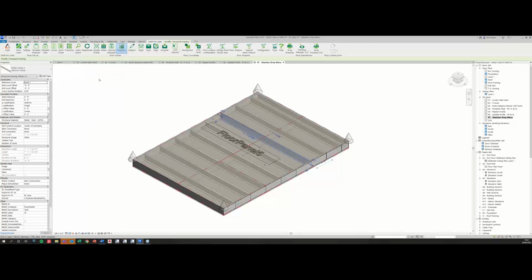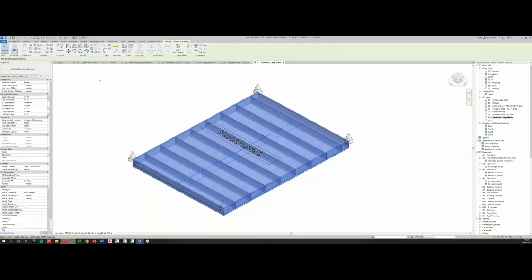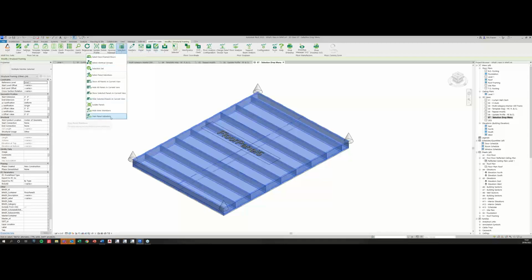For example, select panel members. We'll just select all the members belonging to this floor nice and quickly. So including the sheathing as well, guys, it's also added the sheathing to our selection. So that's a nice addition as well. And if I wanted to view the panel members,